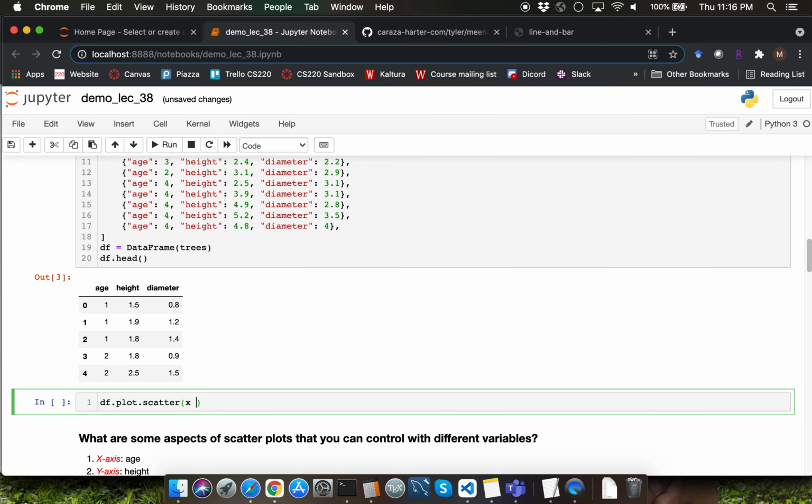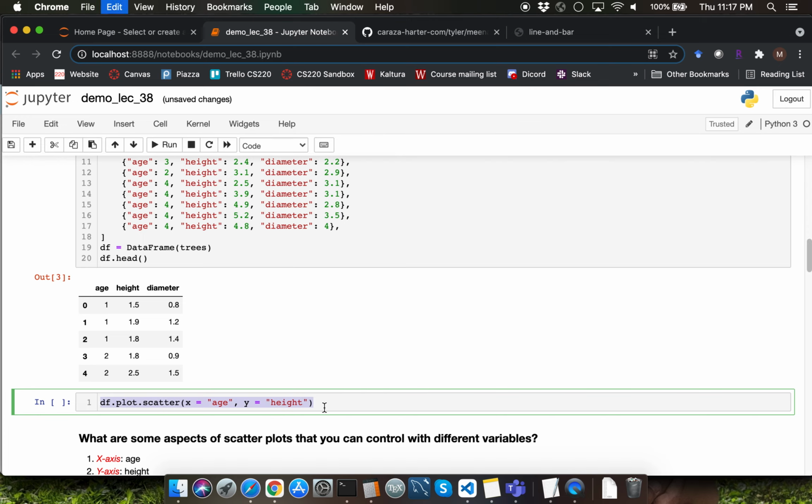df.plot.scatter. Let's talk about what sort of argument we want to pass for the parameters x and y over here. Typically, the x-axis dimension for any plot is going to be representing the time aspect. In this particular dataset example, the age column is equivalent to time. So that's what we are going to use for the x-axis over here. Let's compare age with height. It's appropriate that we are using height for the y-axis because that's the dimension that you think of when you think about a tree's height.